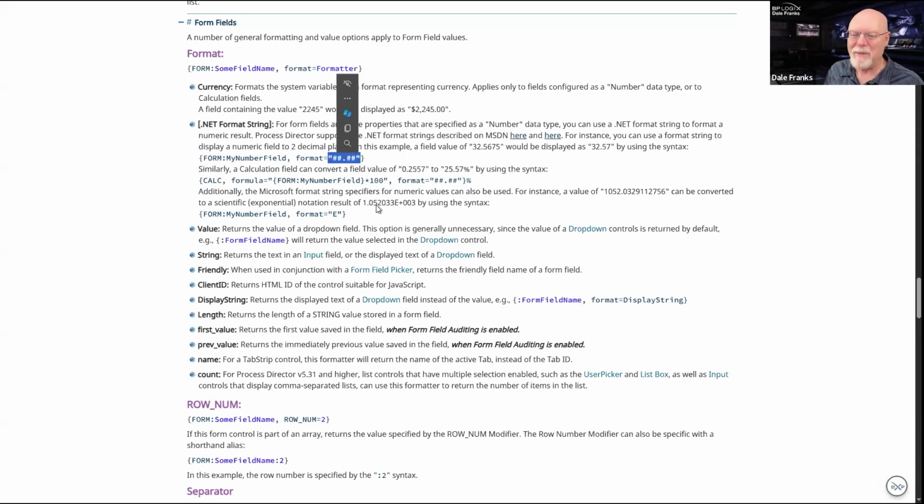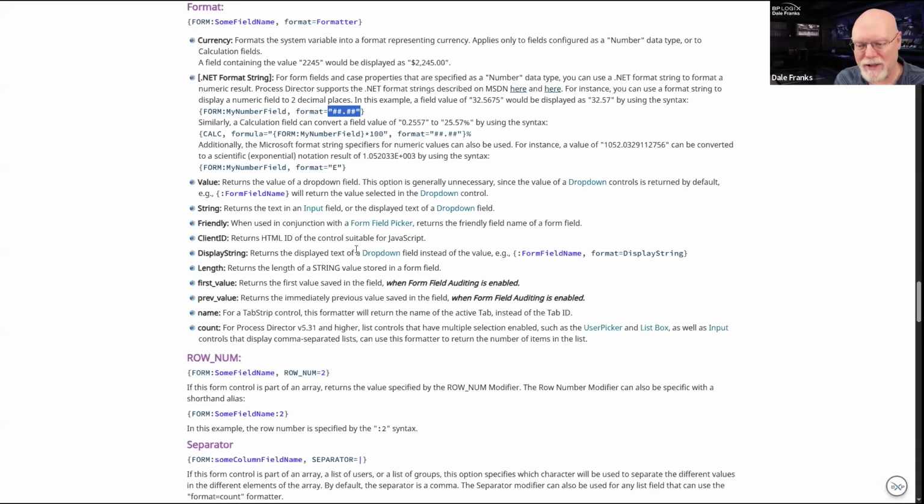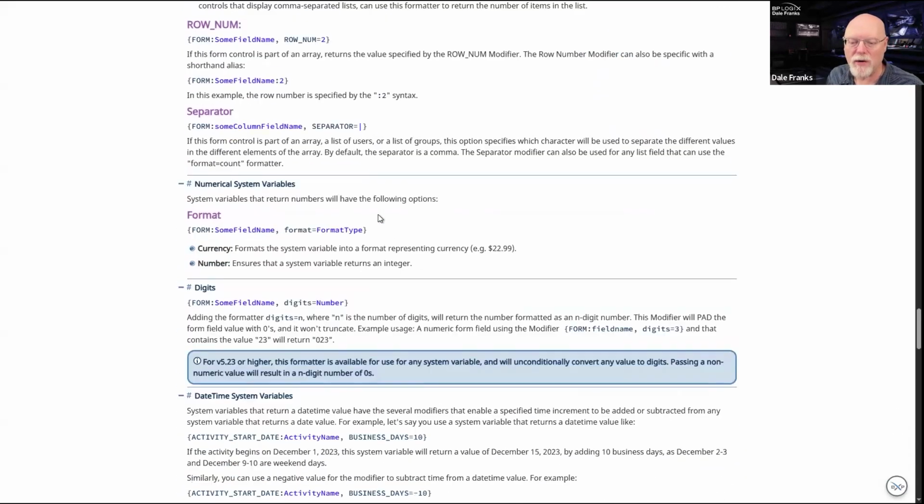So if it's ABCD, it obviously can't be formatted as AB.CD because A, B, C, and D are not numbers. So it also depends on the type of data that is being returned by the system variable as to how all of these formatters will work. However, there are several formatters for form fields.